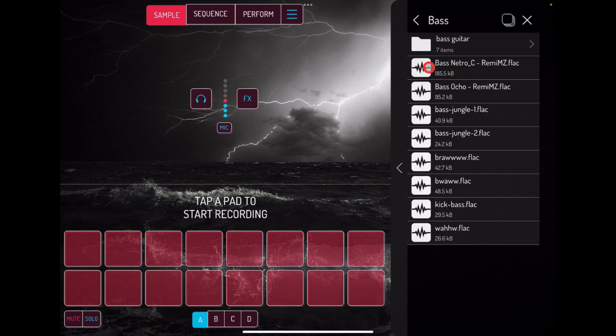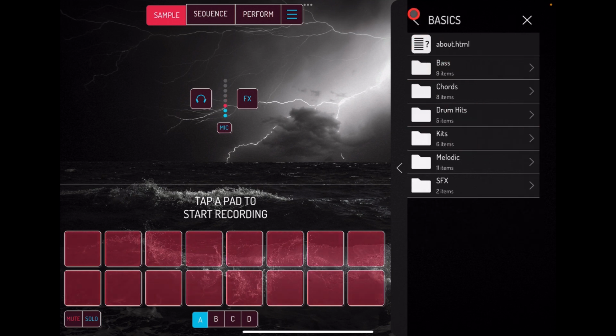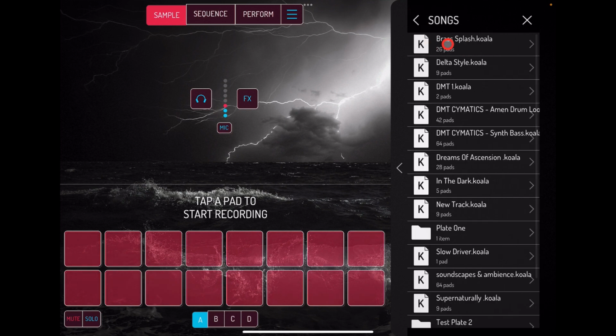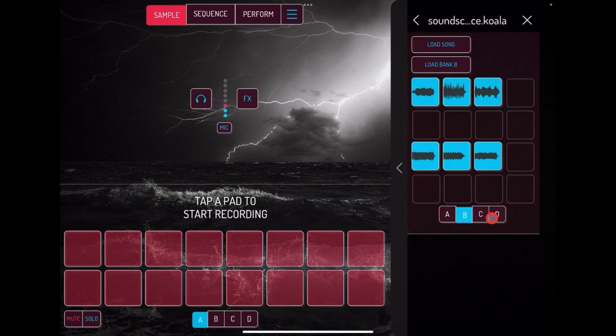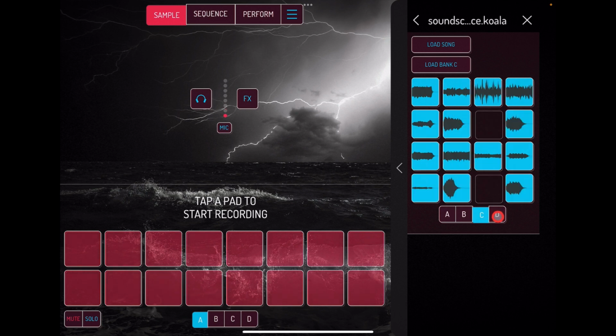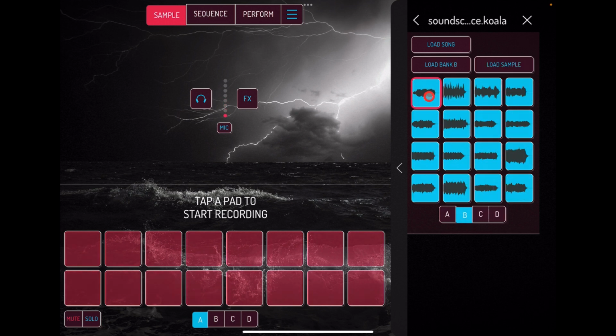So you might want to go, oh, right. So you can sample them there. Or you can, like I said, go to songs and choose any song. So let's go look at our soundscapes and ambience. Open this, and it's 64 pads. And you'll see the pads are represented here and also here as well. So if we click on this, which we haven't heard,